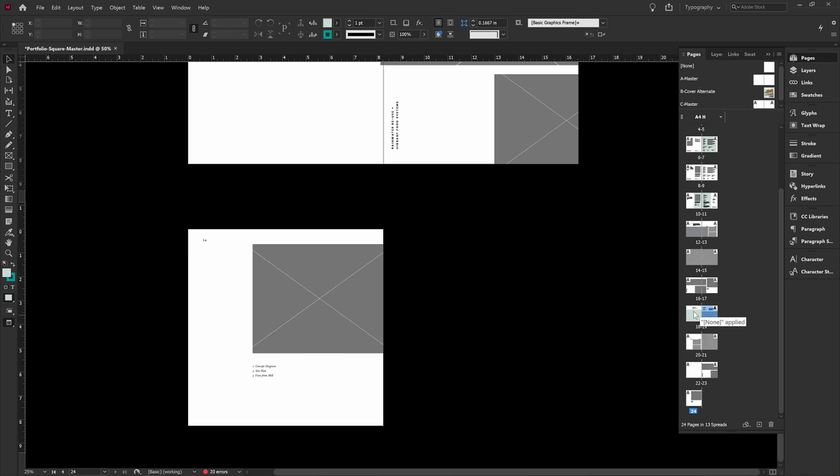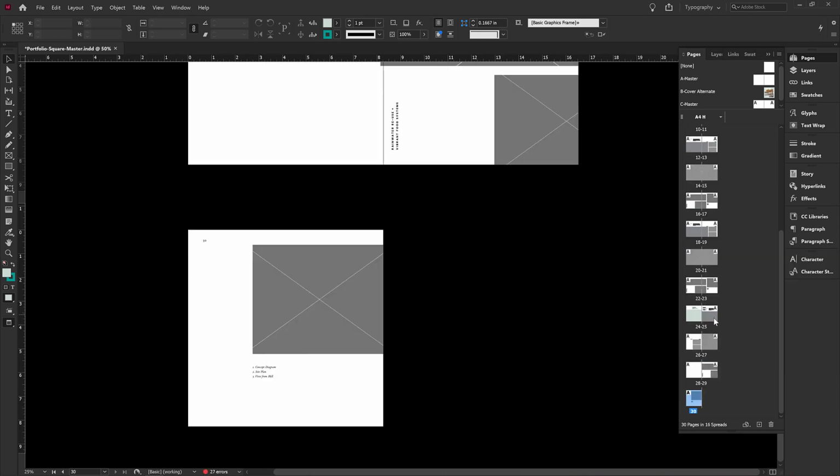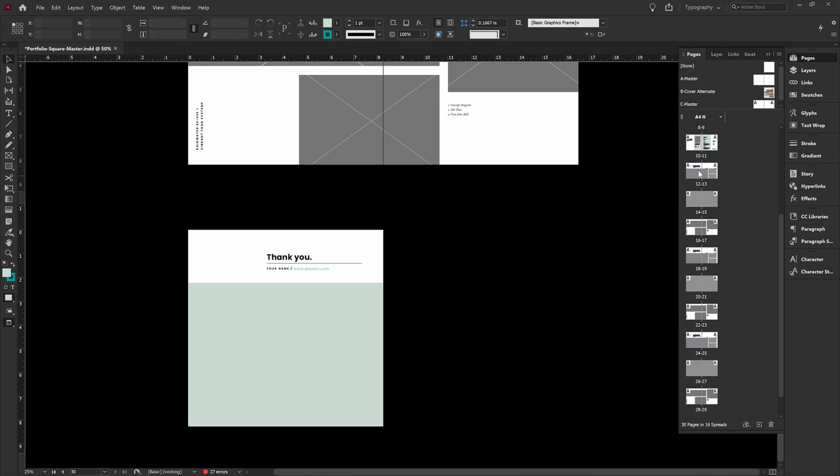So what you're going to have to do is just grab this last cover page and drag it down to the end of the document. So you can do this again and again, drag that last page down to the end of the document. So now you have 3 project spreads. They have consistency because you've selected a template for each page, and now you have something to target to fill